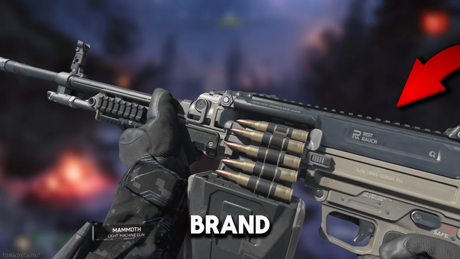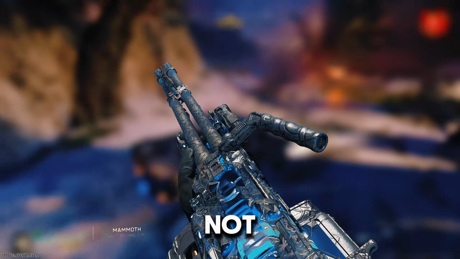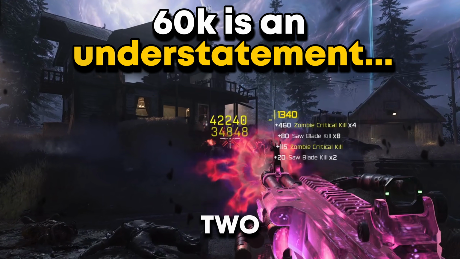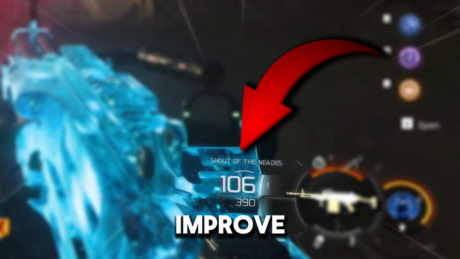The Mammoth is a brand new heavy-hitting LMG added with Season 5, and let me tell you right now, this thing does not mess around. With the right setup, this gun has the highest DPS value in the entire game, capable of dealing upwards of 60,000 damage in only 2 bullets, and even some unique effects here in zombies that will greatly improve this weapon's